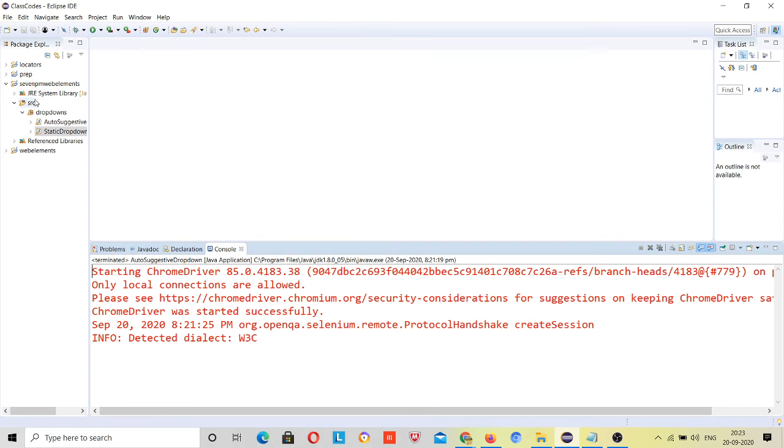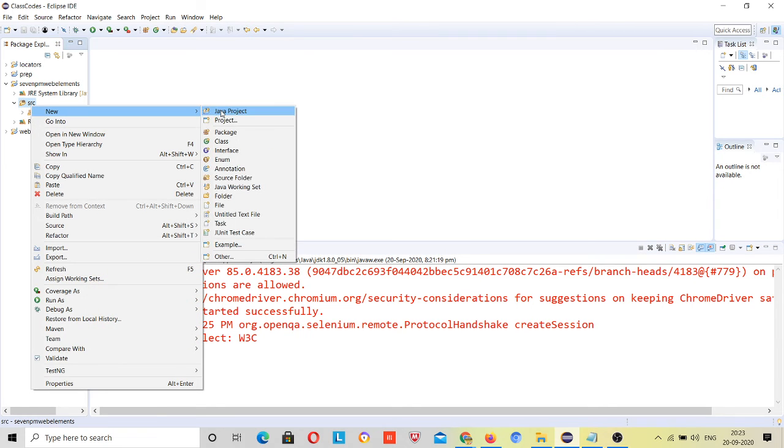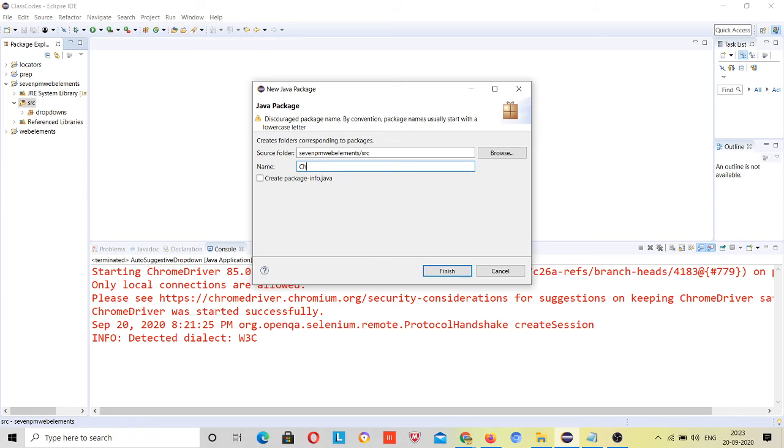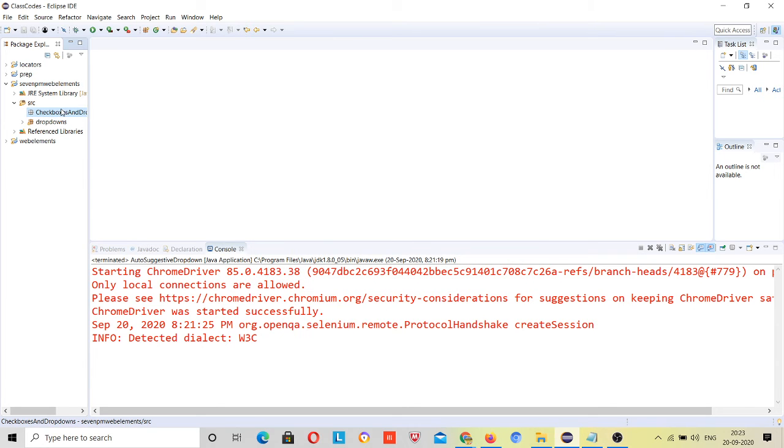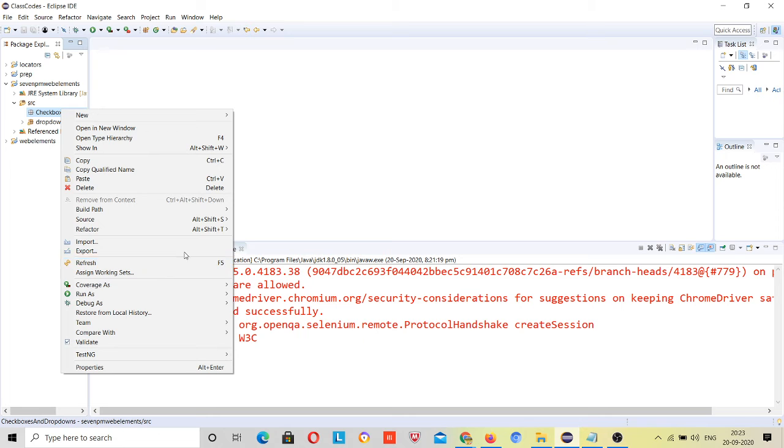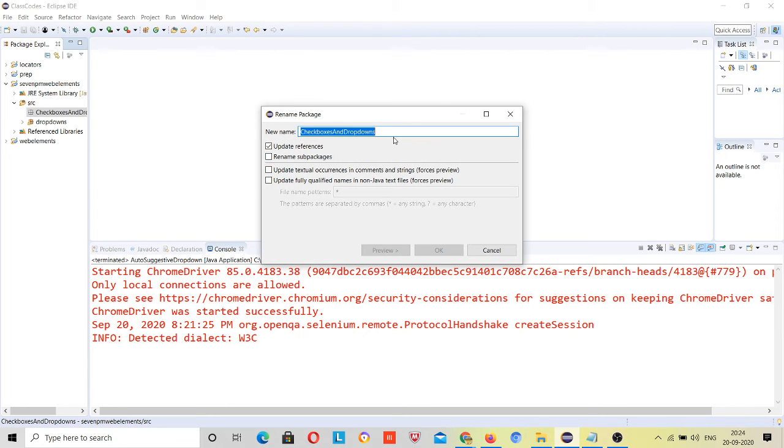Let's make a separate package for it. Check boxes and drop downs, check boxes and radio.